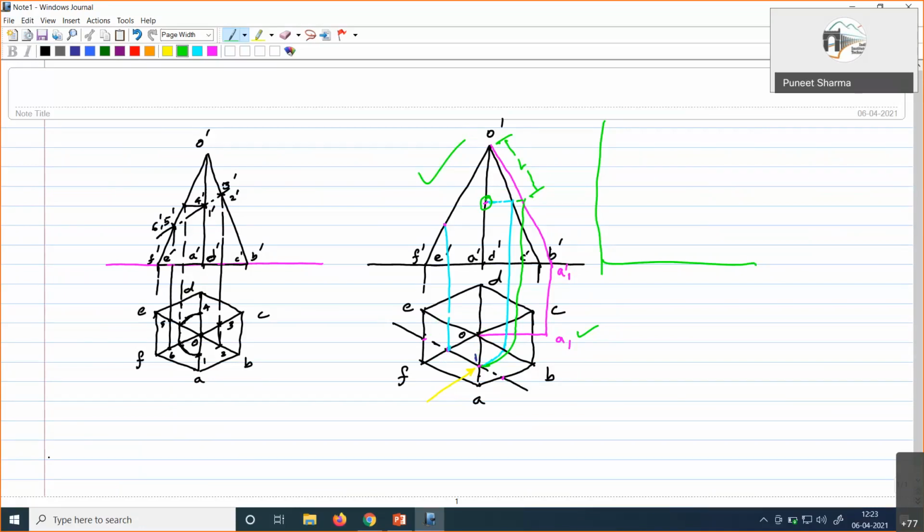Okay, sir. And sir, why are we making the section plane in the top view, though it will be easier in the front view? No. See, what I am trying to discuss is two different conditions. Suppose the question says the section plane is passing through the top view and the solid is sectioned like this, then you will have to draw the sectional front view. That is what is happening in this second case. In the first case, the sectional top view is to be obtained and the section plane is passing in the front view. So these are two different cases.